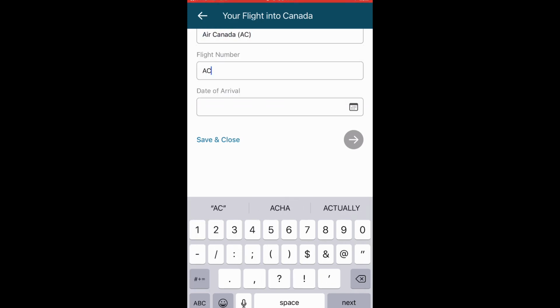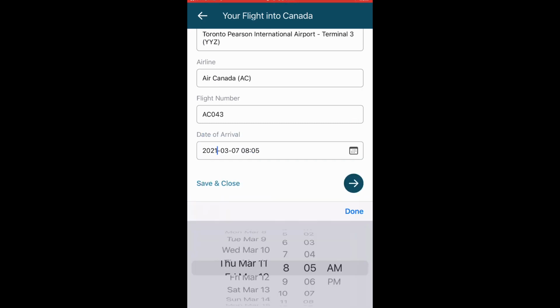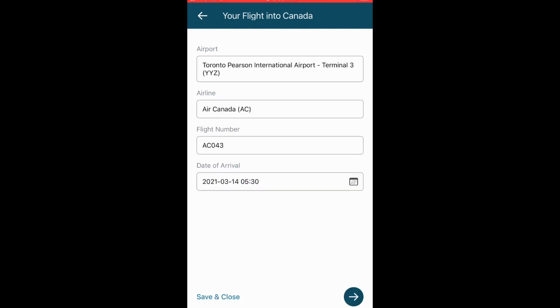The flight number is AC043. Date of arrival, let's say you are coming next Sunday, and I think 5:30 a.m. is the landing time for this particular flight.